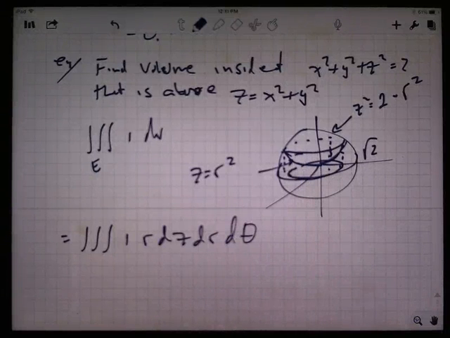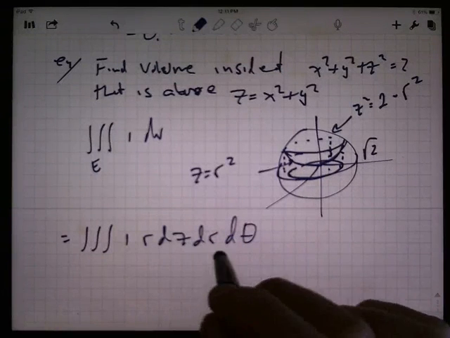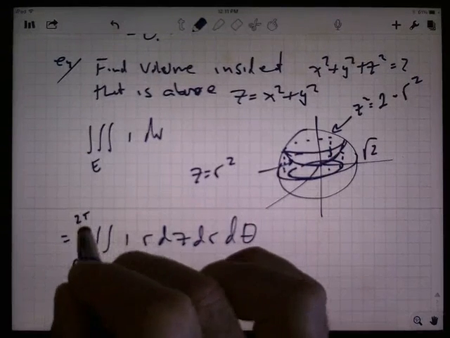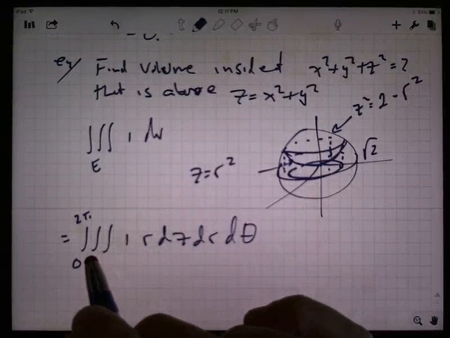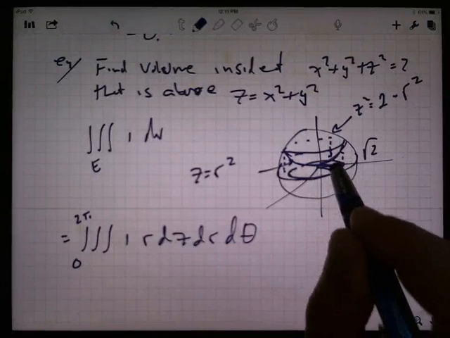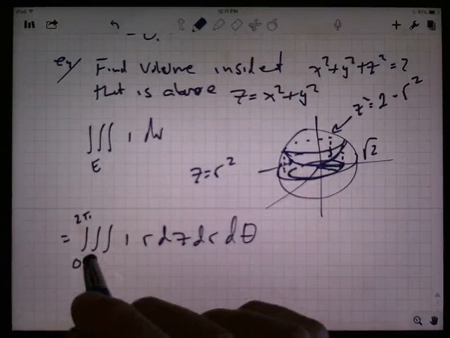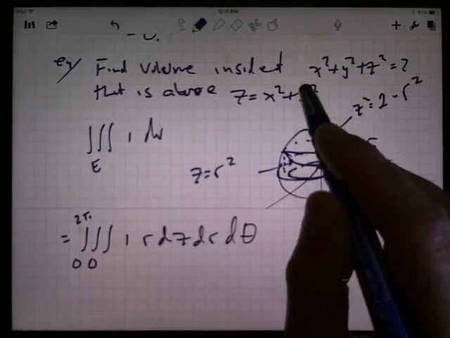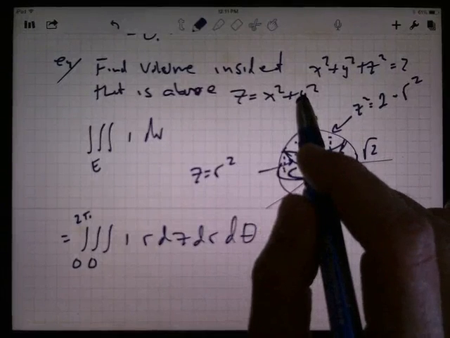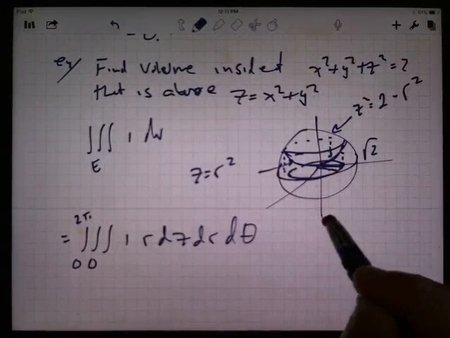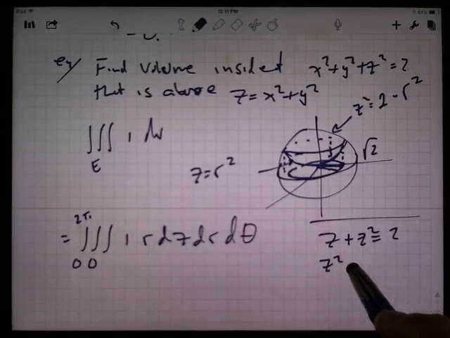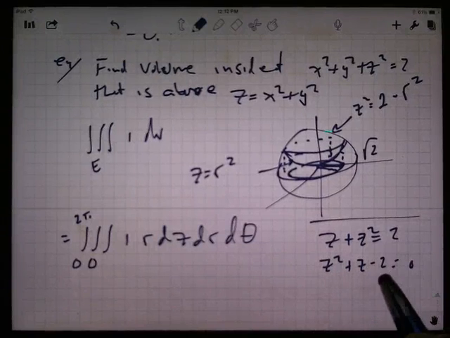This region down here in the xy plane, or maybe think of the r theta plane, whatever, you're going all the way around, so 0 to 2 pi on theta. R goes from 0 out to wherever those two things intersect, and I guess we haven't figured that out yet. Well, where do those two things intersect? Well, x squared plus y squared is z, so I'm going to substitute that in there. I've got z plus z squared equals 2,